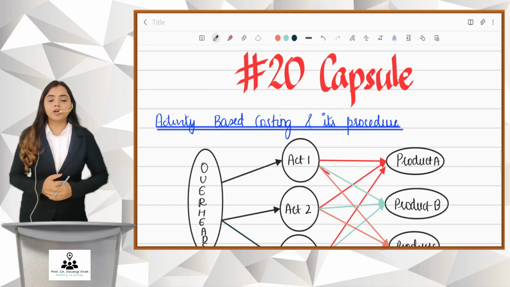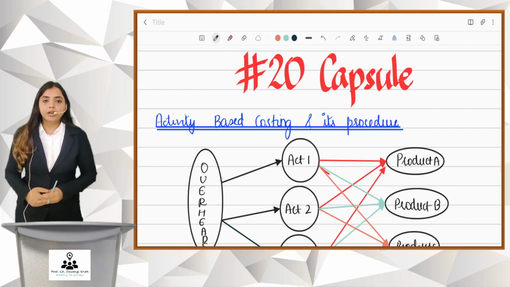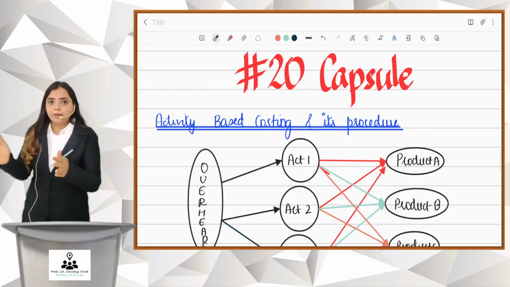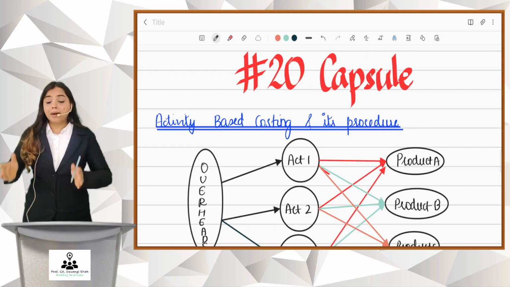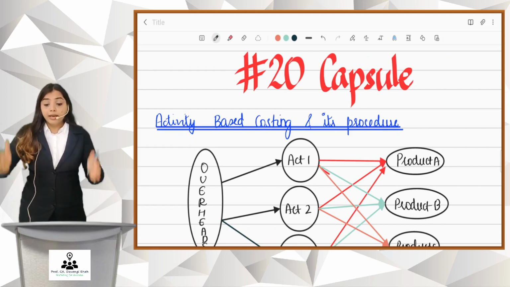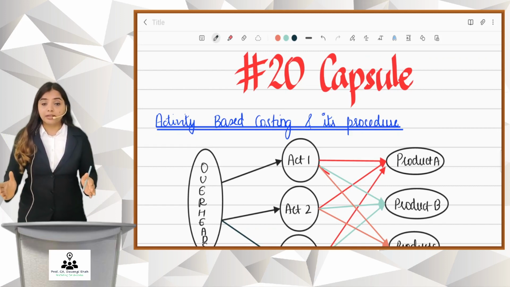Capsule number 20 is about activity-based costing and its procedure. Friends, in the chapter overheads, what we did is the company's overheads were divided between departments, and then the department's overheads rate was calculated. We did allocation, apportionment, reapportionment, and then the department's overheads rate was calculated and it was charged to